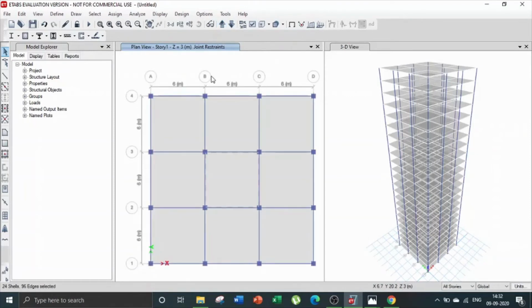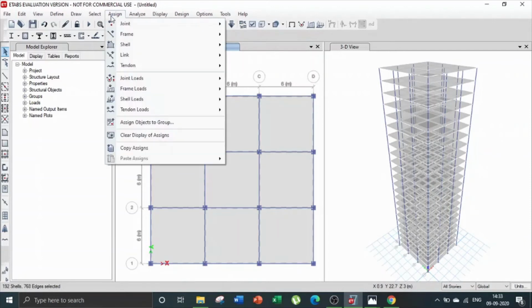Now we will assign the dead load and live load. As dead load and live load are the same for all, select all the slabs by clicking on the slab. Make sure that you have selected all storeys option.